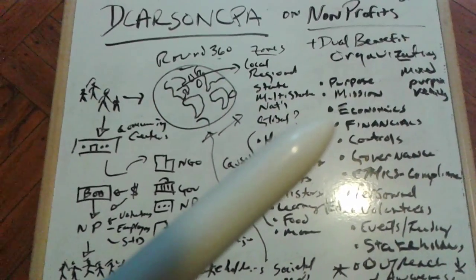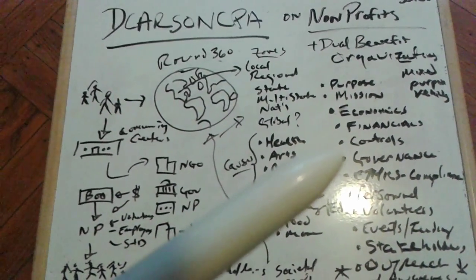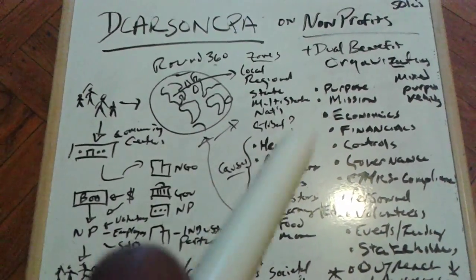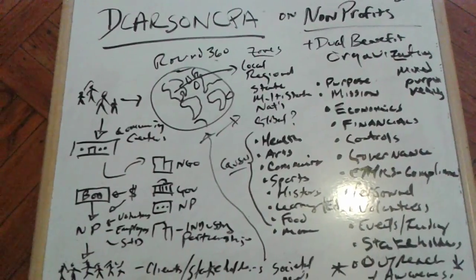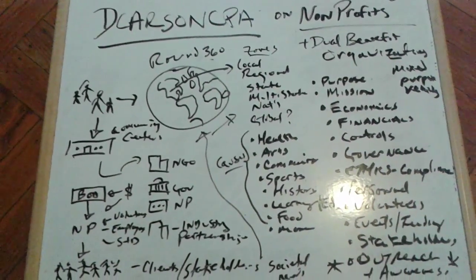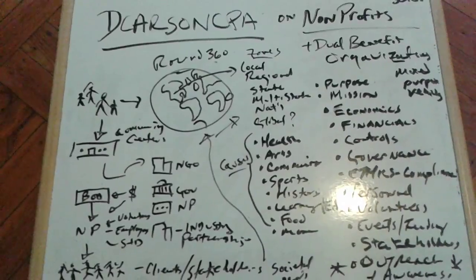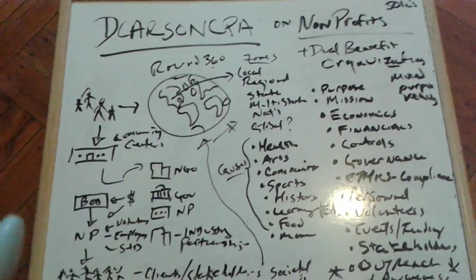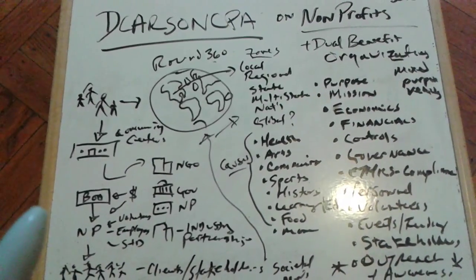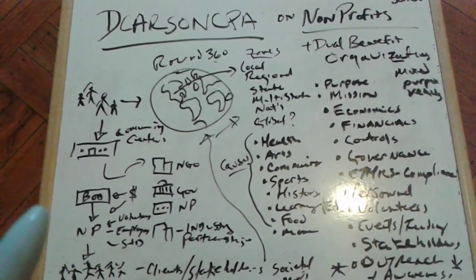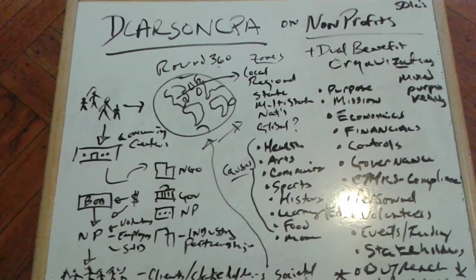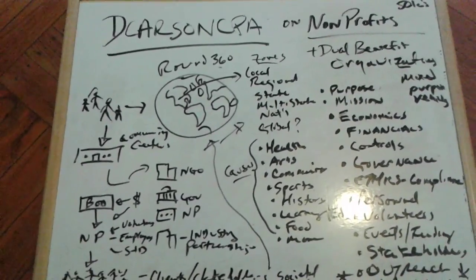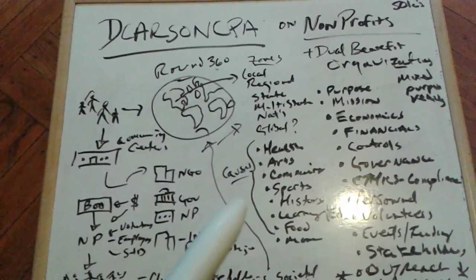Within your entity, you're dealing with the economics, financials, controls, governance, ethics and compliance, because there's an even greater responsibility in nonprofits. You're dealing with funds that have a high degree of a designated point to a purpose and community. So there's responsibility certainly on grant funding. Donations may be made as specific donations to a specific cause, or they may be general donations to an organization. Those specific distinctions would mean different channels in which way the resources could be used for an organization in pertinence to its specific mission in the community.